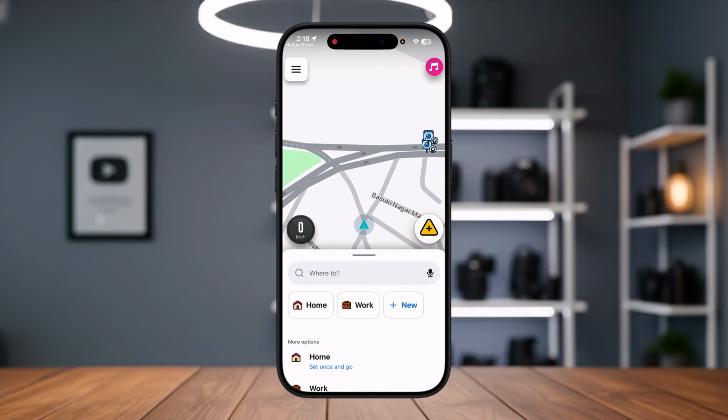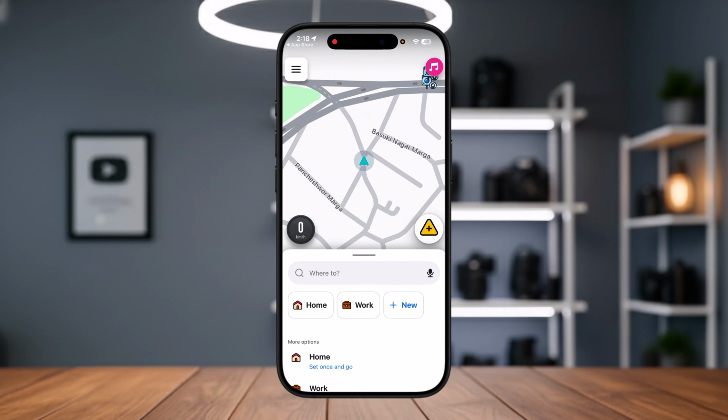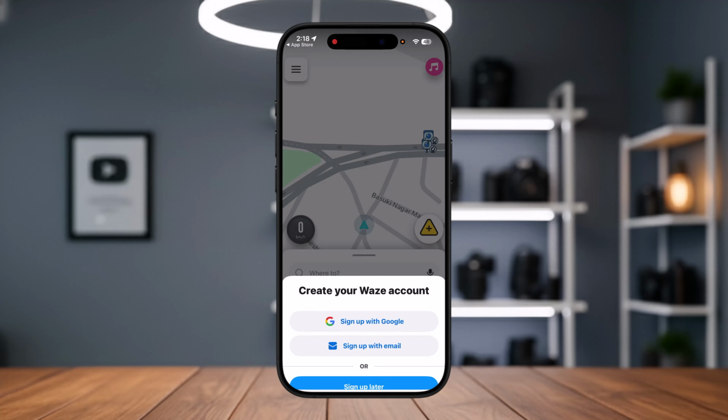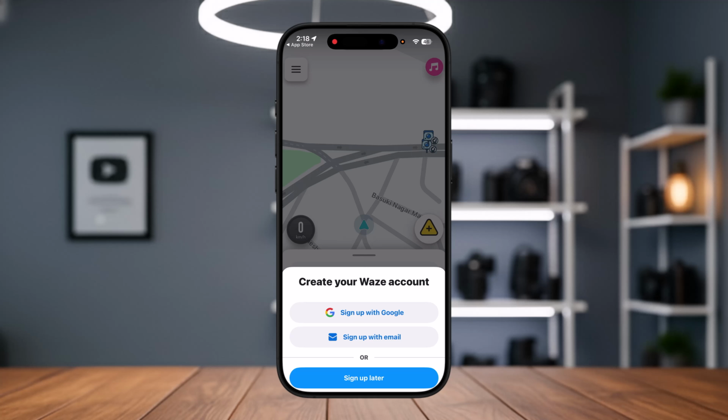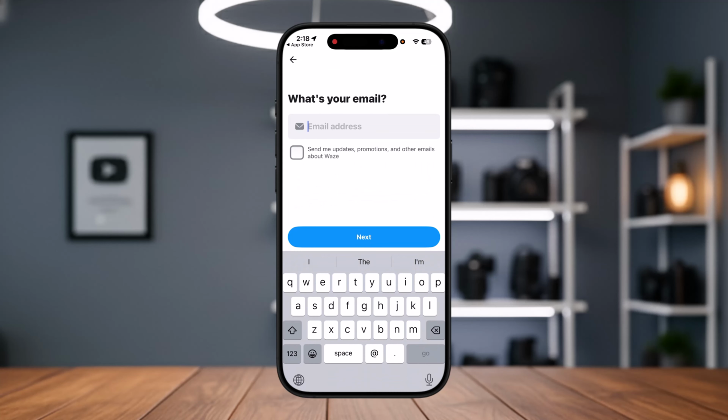And once you've done that, it's going to take you right over here into this page. On the left hand side, what you want to do is simply go ahead and click on sign up with Google, sign up with email, or sign up later. So that is about it. Once you go ahead and click on sign up with email, it's going to ask you your email, it's going to ask you to create a password, and you will be in your